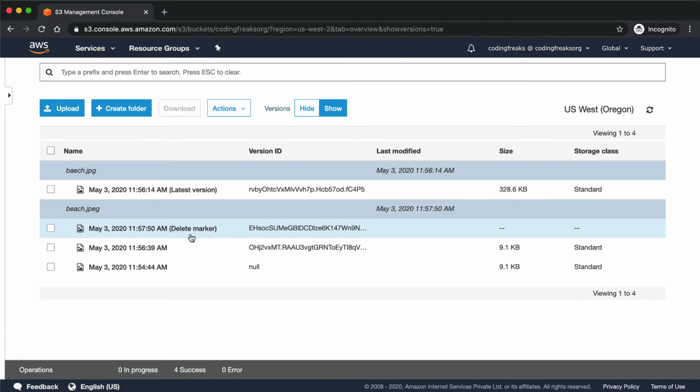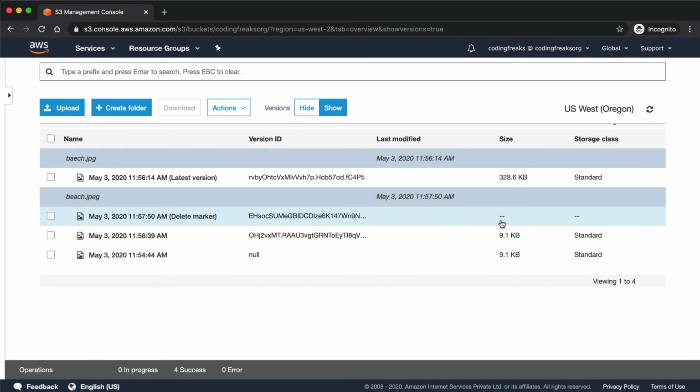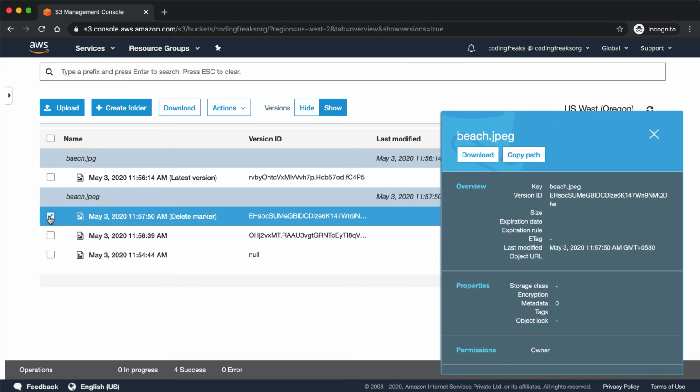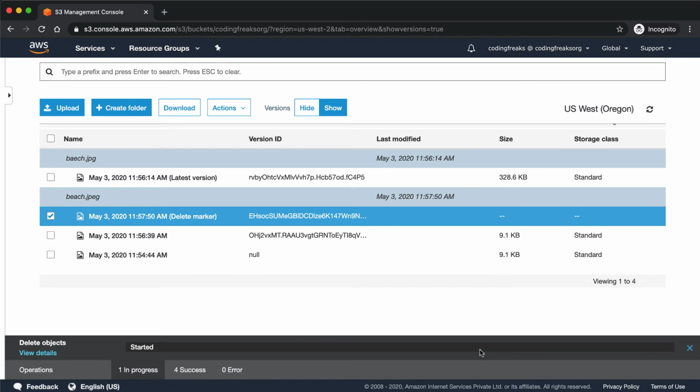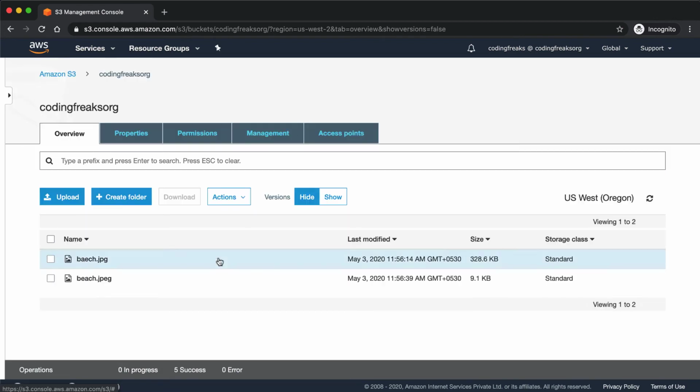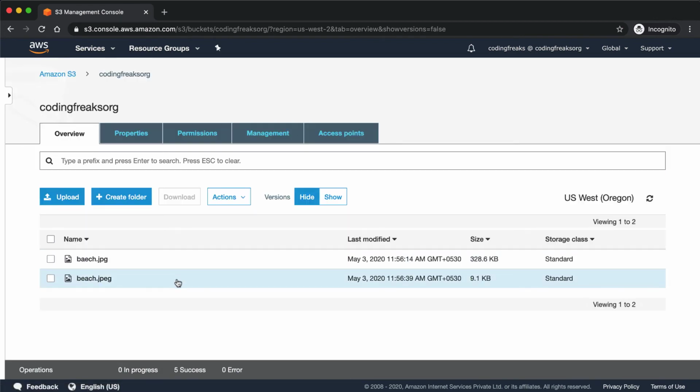When you enable versioning, you will never be able to delete the file in the normal way. The file will not be available when you hide the versions, but the file is stored with a delete marker. The delete marker does not require any storage and has a new version associated with it. If you want to retrieve this file, then you just remove this delete marker. That's it, and the file is there. The file is back in your system. So this is how we can enable versioning.